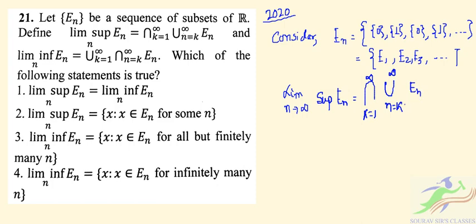It is given, right? So if we take the value of k as k equal to 1, k equal to 2, k equal to 3,